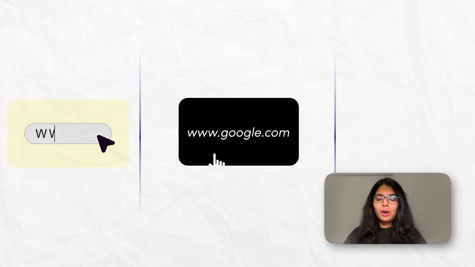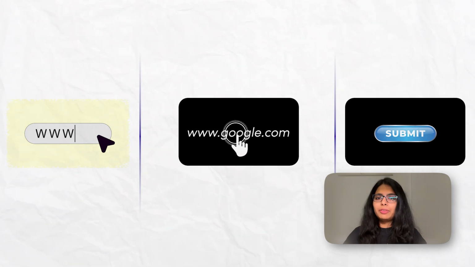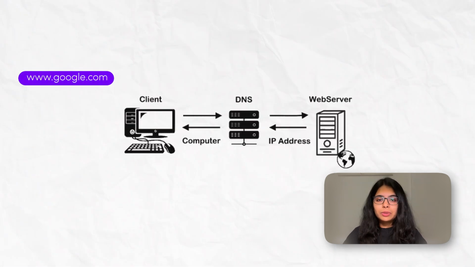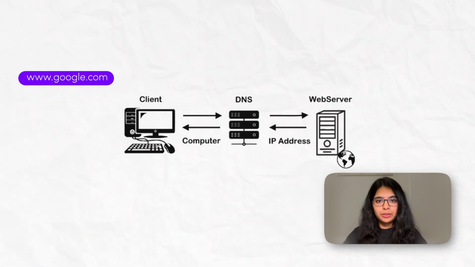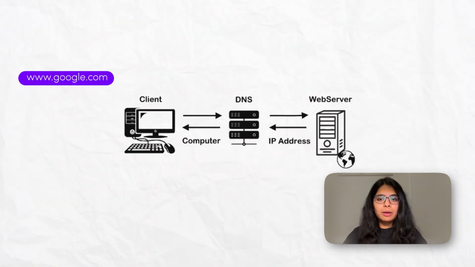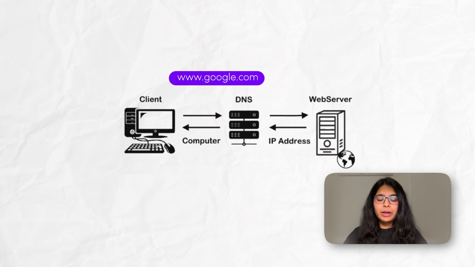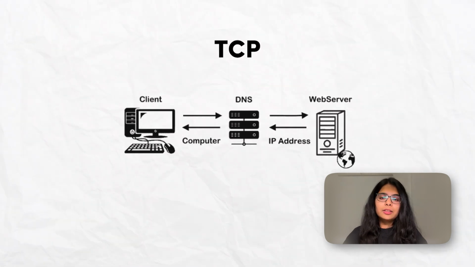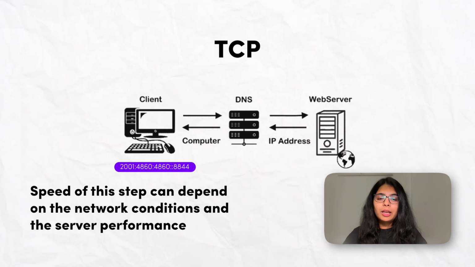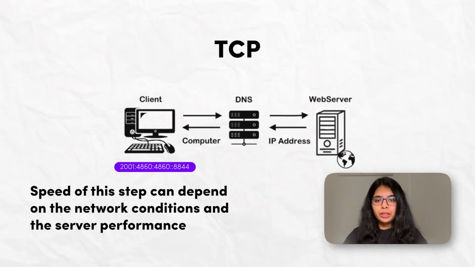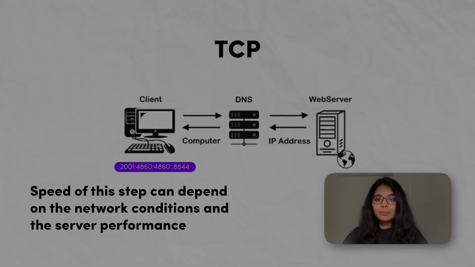It all begins when you request a web page. This could be either by typing in the URL, by clicking on a link, or even by submitting a form. The browser starts by doing a DNS lookup to match the domain name with the IP address. Then it tries to establish a connection with the server through TCP. Next, the server sends back the requested document, and the speed of this step can depend on the network conditions and the server performance. This is a step where each and every millisecond counts.